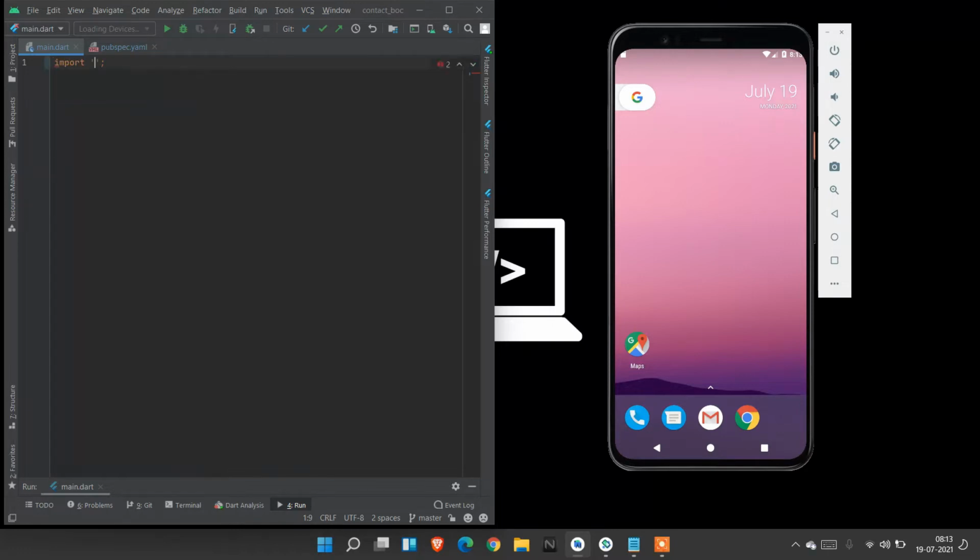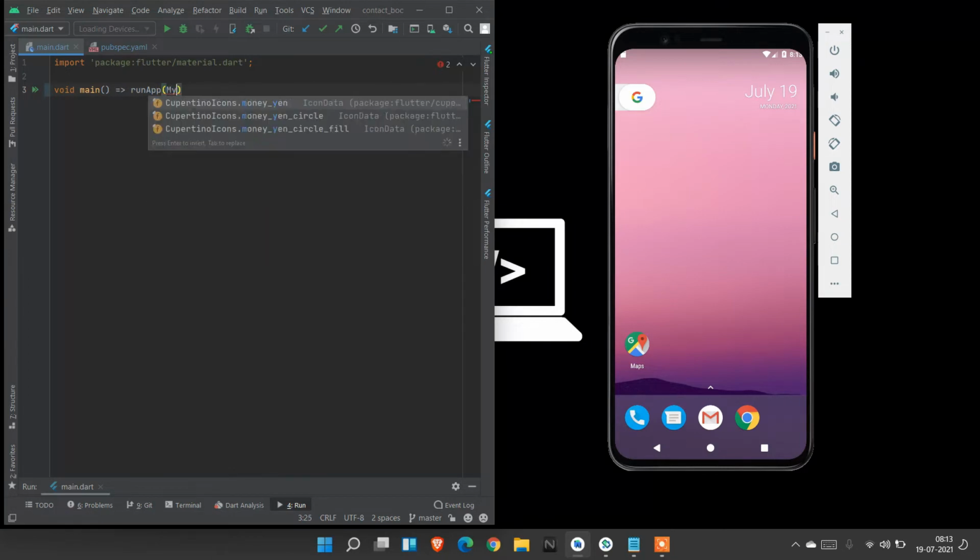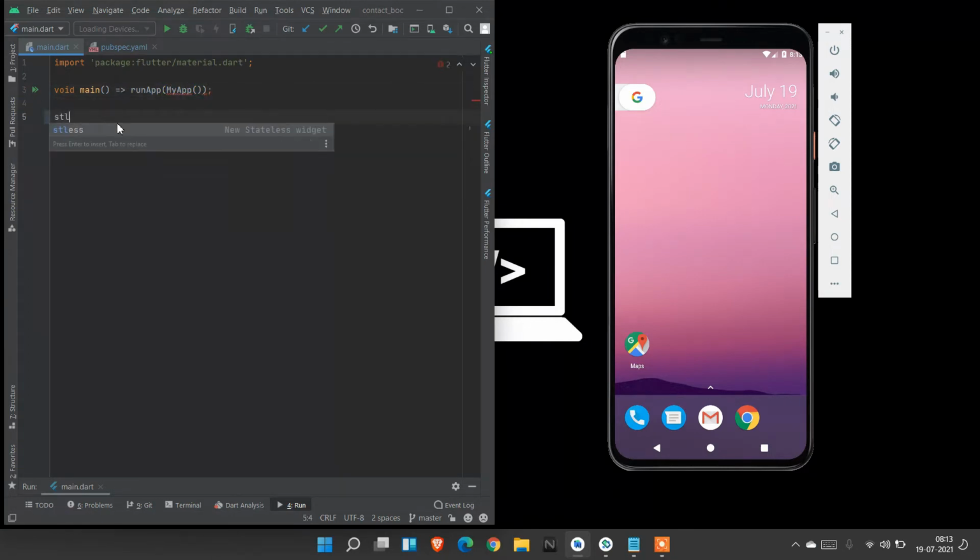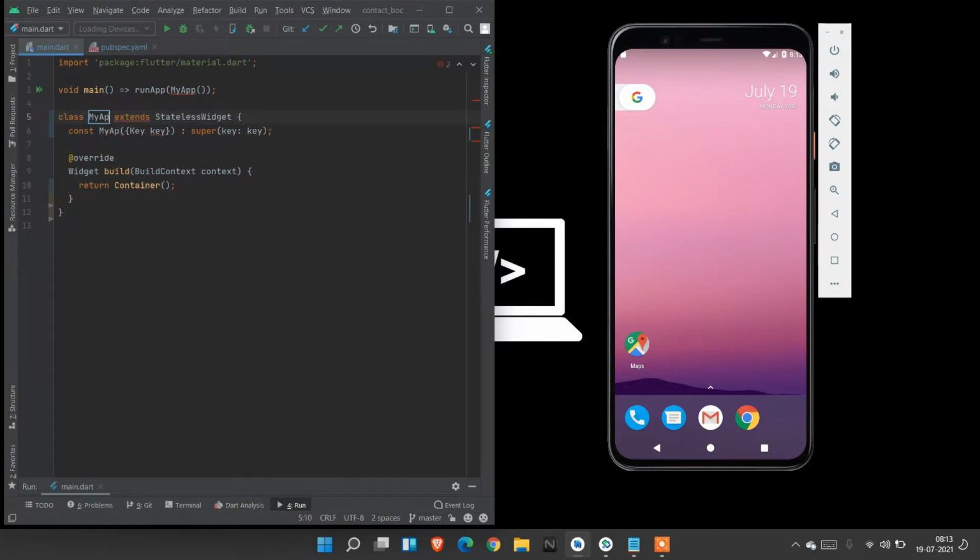Let's jump into coding. Import material dot dart package, void main, runApp, MyApp. I am going to create a stateless widget first. The name of the stateless widget is MyApp. Here I don't need this const key, so I delete the const key.